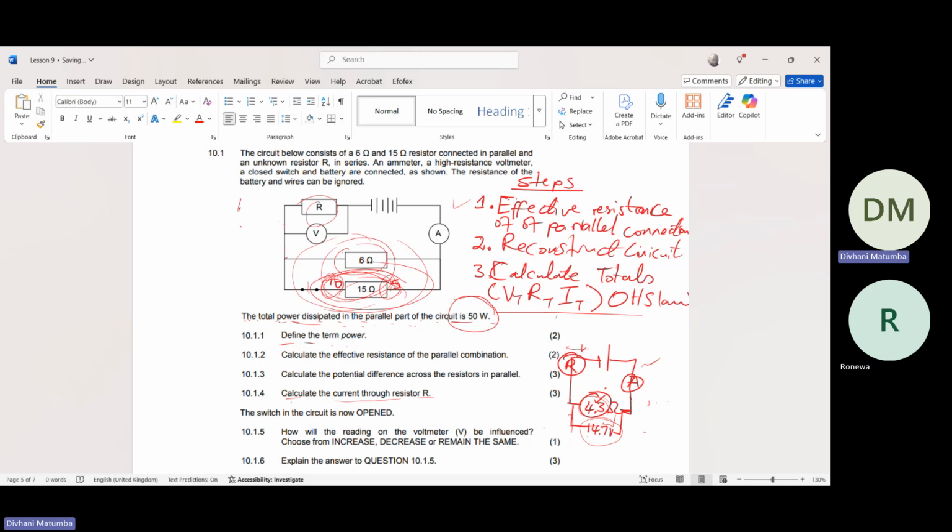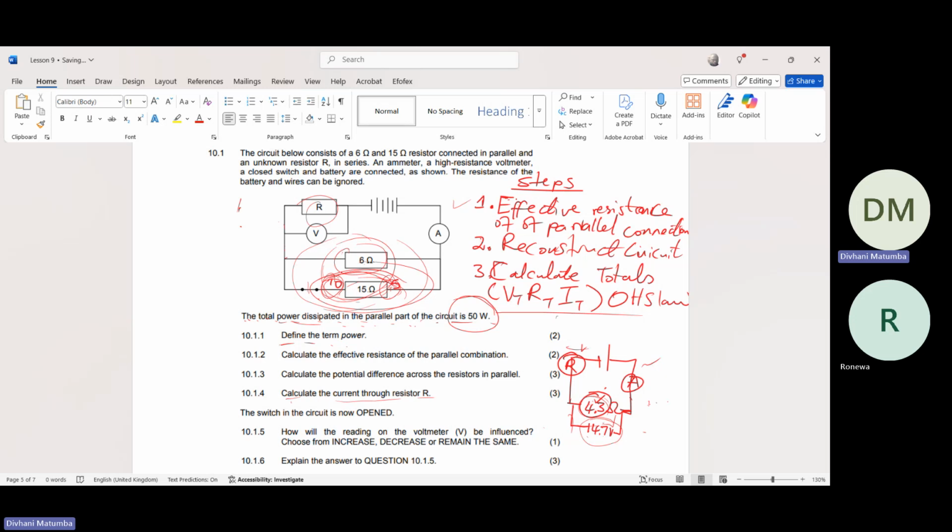The question is, did the resistance increase or decrease? The resistance of the parallel connection, did it increase or decrease after the switch? It increased. It did increase from 4.3 to 6. Yes, from 4.3 to 6. So if